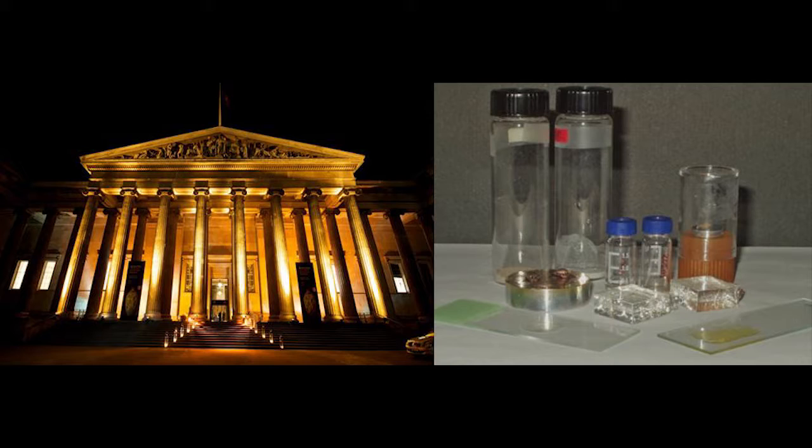We have a process whereby external researchers can submit applications for access to samples in the collection. There are forms on the website, and we have to judge the applications that come in and evaluate whether we can permit the analysis of those samples based on the nature of the techniques, the nature of the objects in question, or the tissues, if it's from animal or human remains, so the nature of sampling and impact,